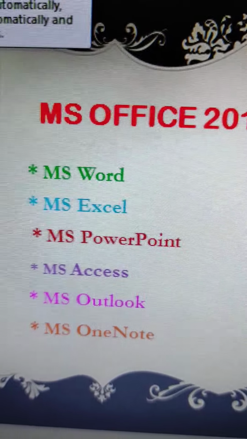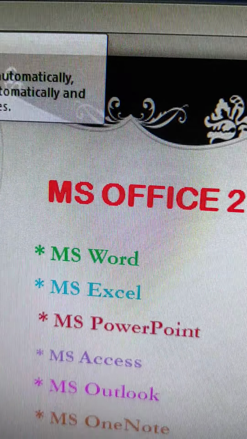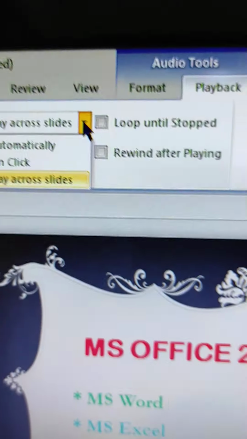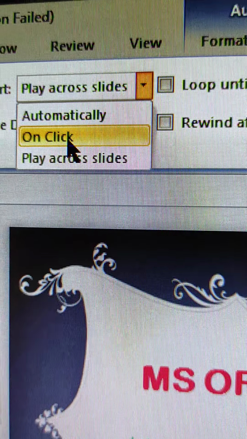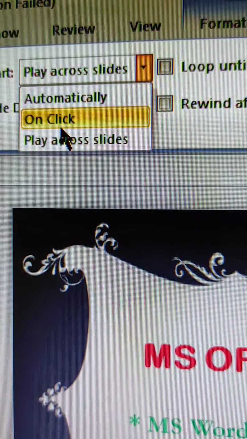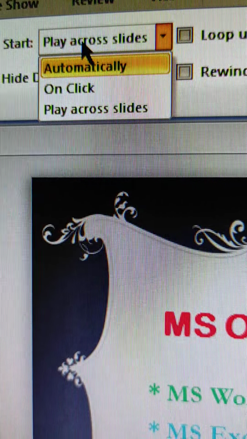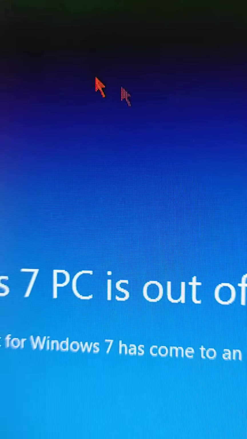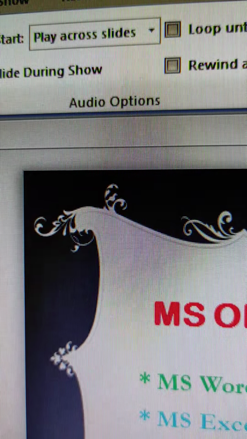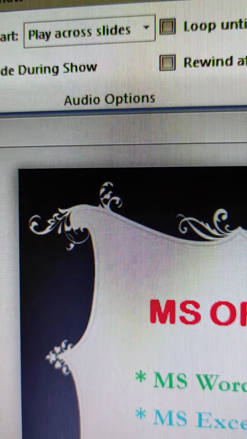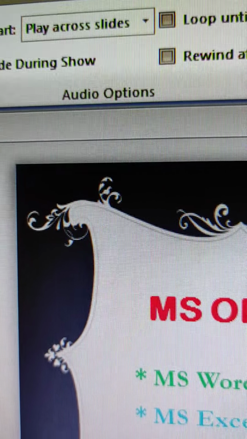The Start list has two options, one is On Click, the second one is Automatically. If you click On Click, the audio starts when the mouse is clicked, and Automatically is the option used to start automatically when the slide is shown.